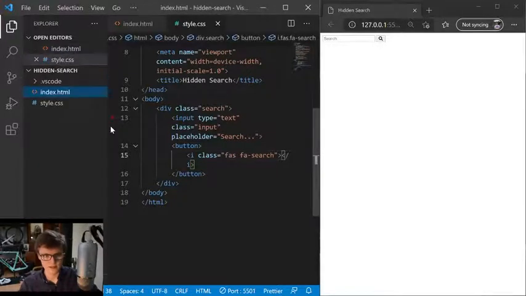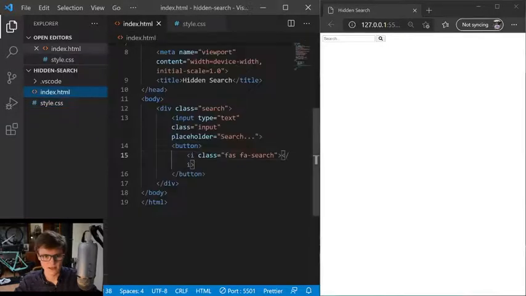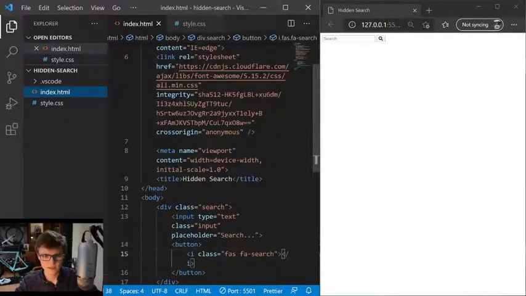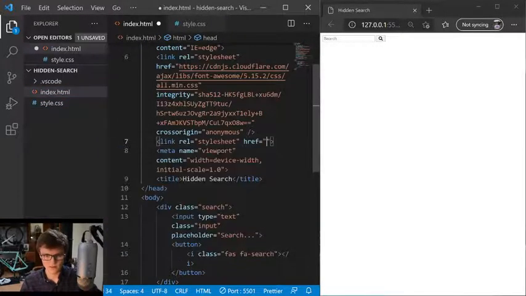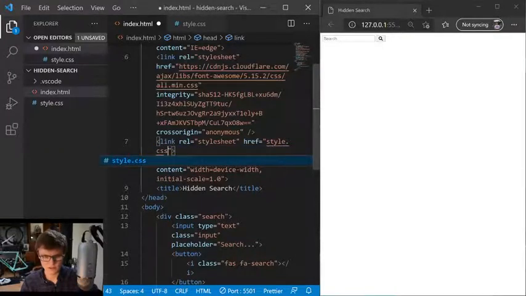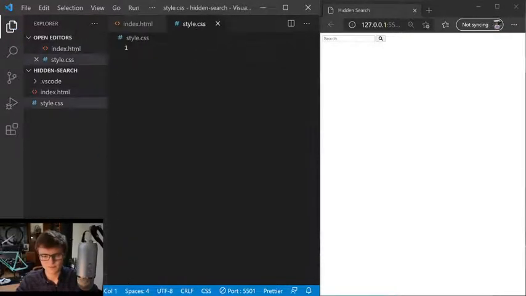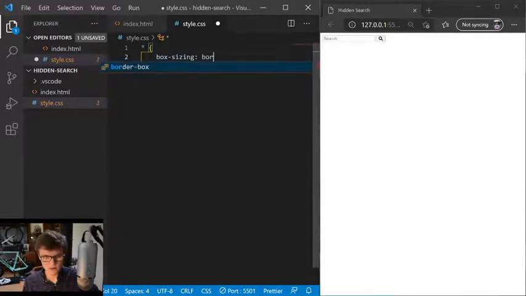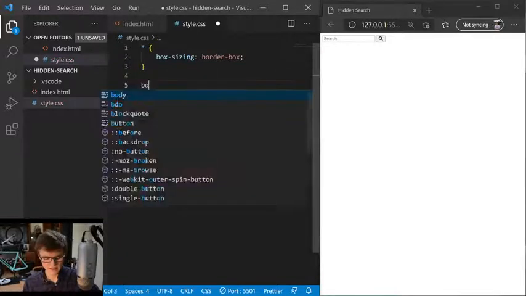style.css, and I've just realized I forgot to link that in the HTML, so let's go here and link style.css. Okay, and the first thing we want to do, as always, is give box-sizing border-box,